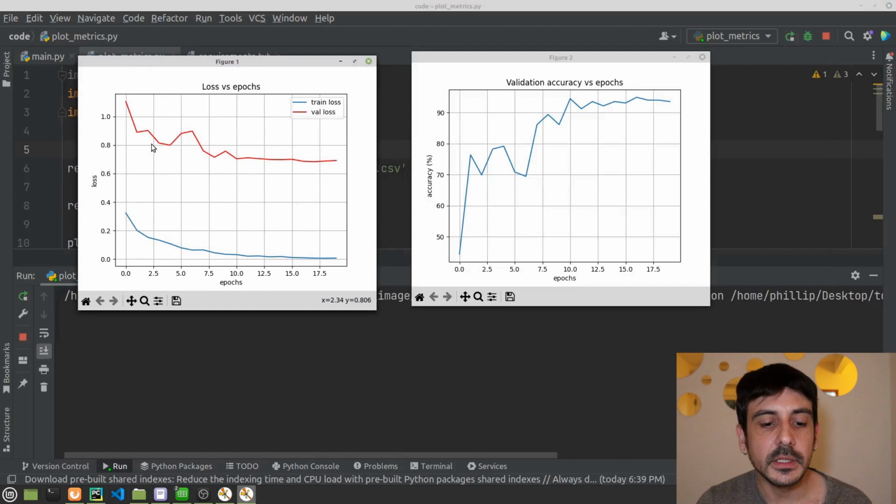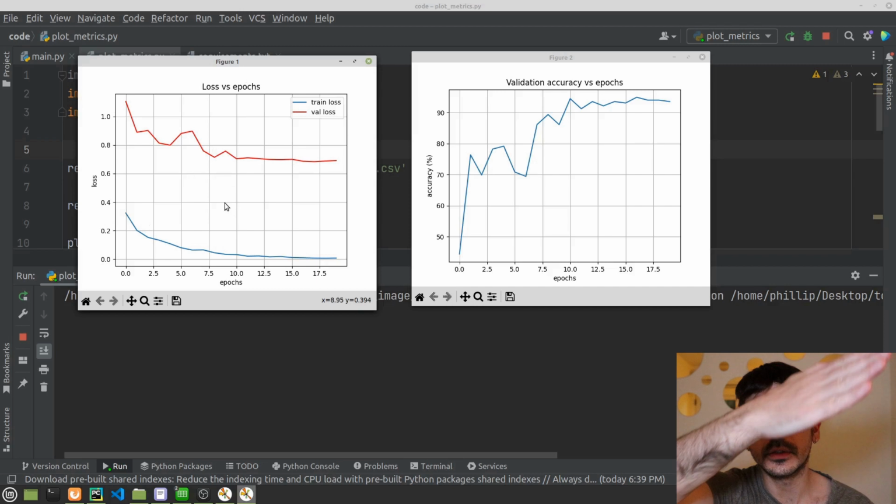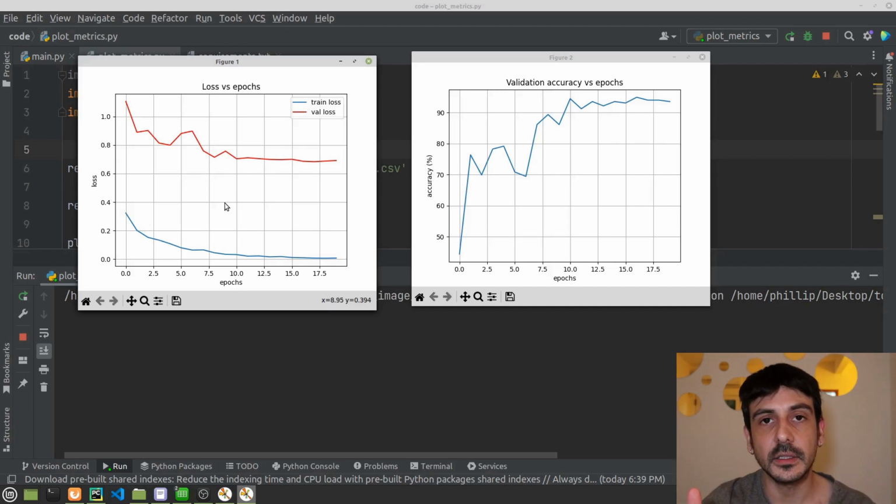So this is exactly what I mean with make sure your loss is going down. This is our loss in the training set and in the validation set. In the training set, we are plotting the loss in blue, and in the validation set it is red. And you can see that in both cases the loss is going down, right? Which is exactly what we expect. It's exactly what we want. Now, this is a very simple way to analyze this process, but trust me, this is also a very powerful way, right? Something that looks like this is very healthy.